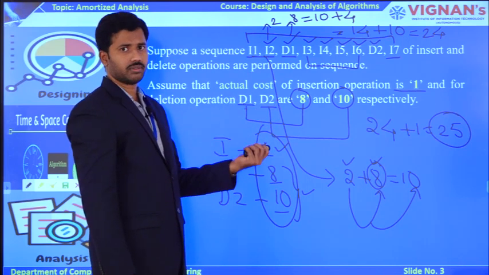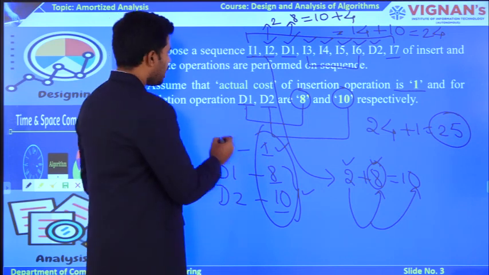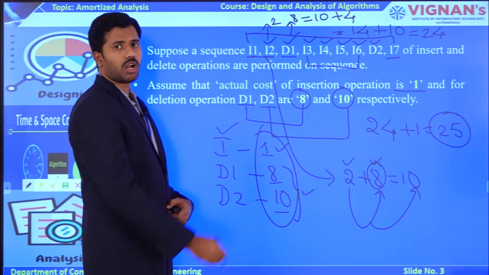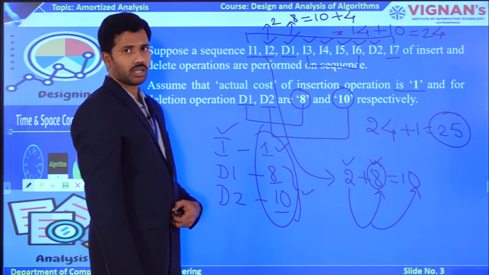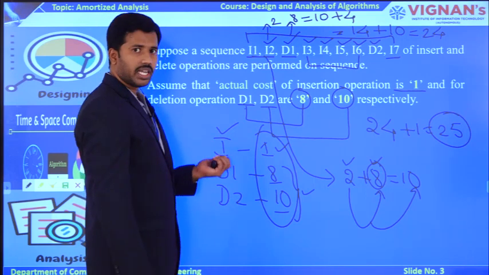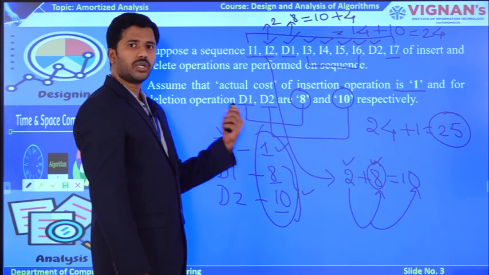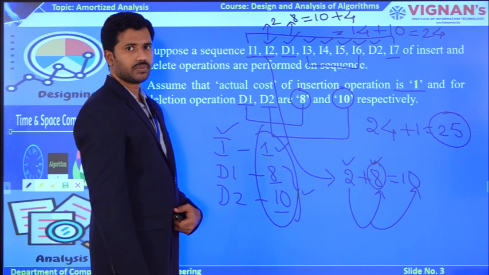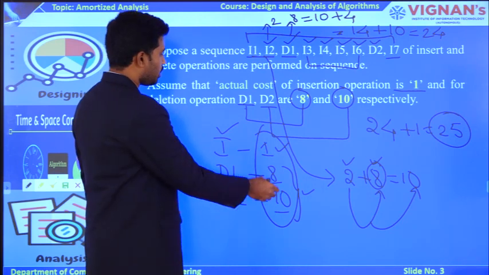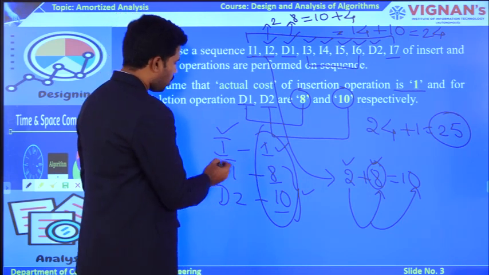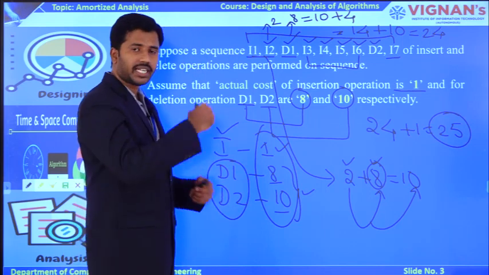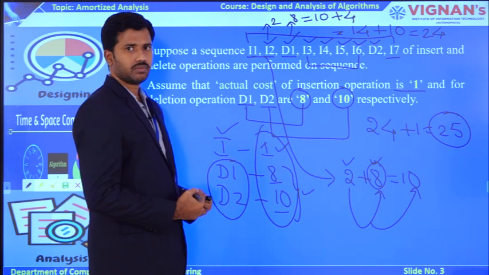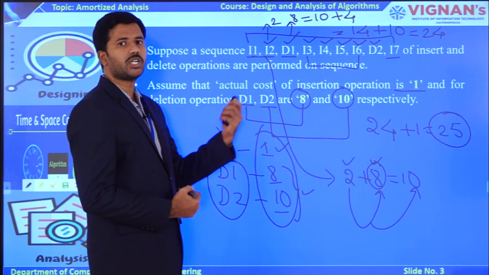In case 1 of my example, I got the total time complexity to execute all these instructions as 9, right? Why? Because I am assuming that insertion occupies actual cost as 1 and deletion also occupies actual cost as 1. But if you observe this case, insertion is executing with best case, but deletion is executing with worst case. Because of the worst case of only some instructions, the entire time complexity of your algorithm is affected. That is the main theme you need to understand.